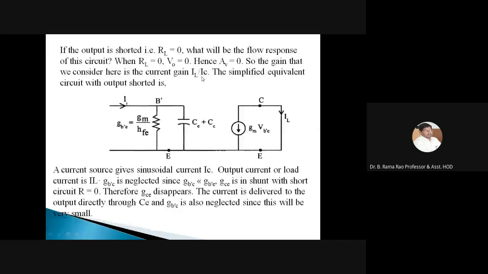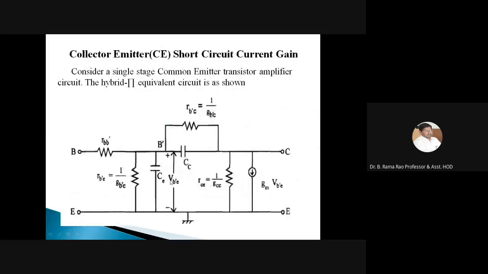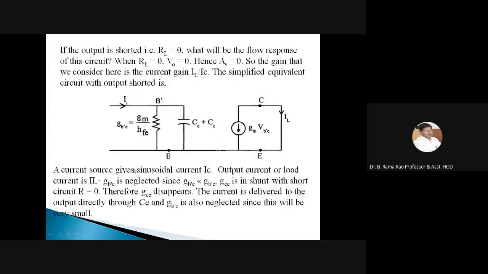Of course, we know the value of VB dash E. What is the value of VB dash E? Now from this circuit, find the value of VB dash E. This is the voltage across these two terminals, B dash and E, the voltage across this B dash terminal and this center terminal. So what is the value of VB dash E? The voltage is nothing but the current by